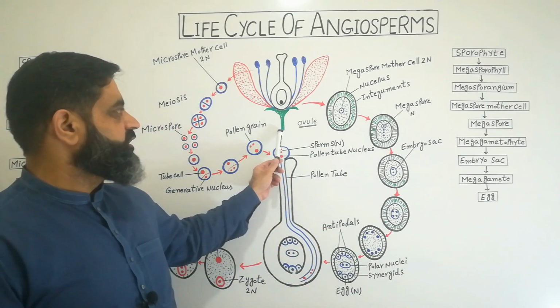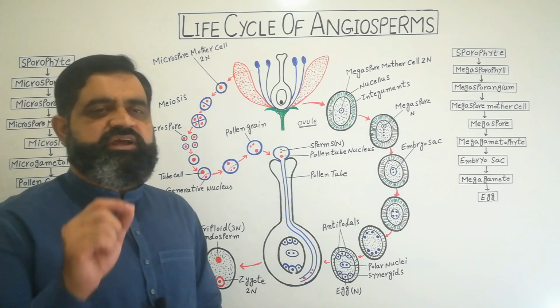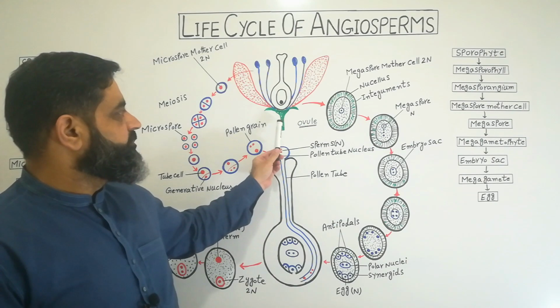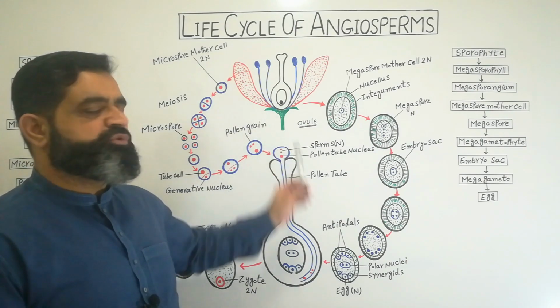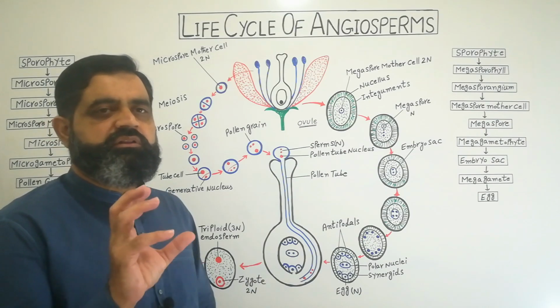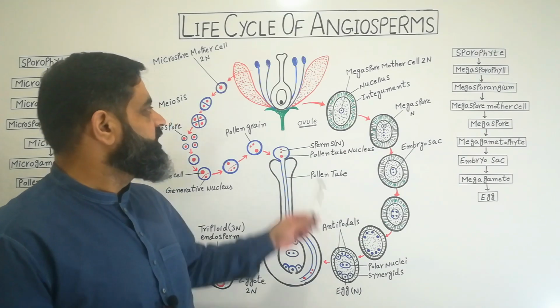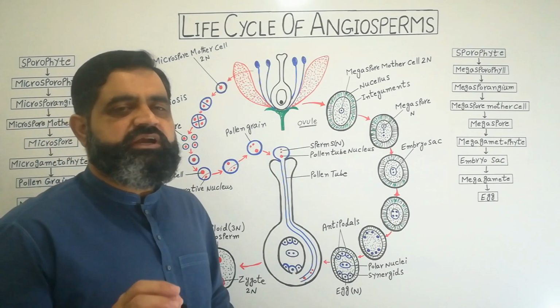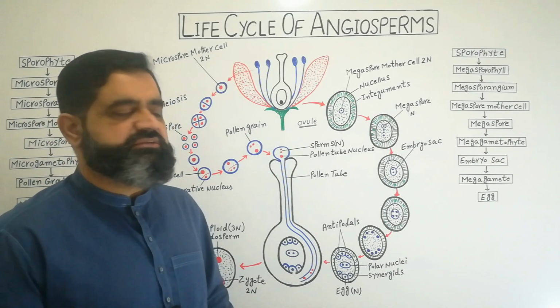The first basic part of the flower is the pedicel, with which it attaches to the plant. Just above the pedicel, there is a swollen portion known as the thalamus. The thalamus bears all the floral parts on it. The first part is green in color. These are known as sepals, and collectively they are known as calyx.